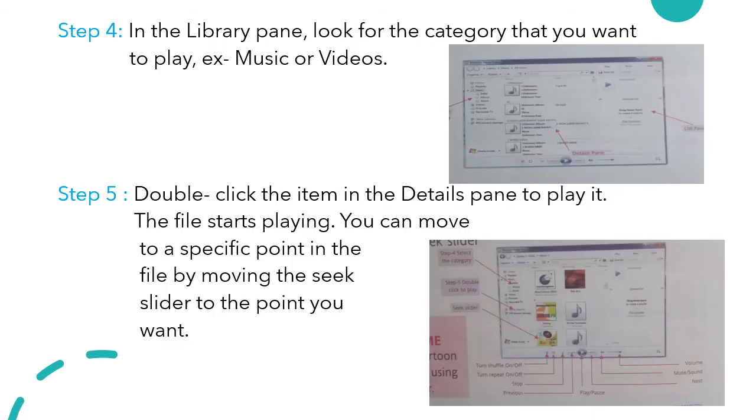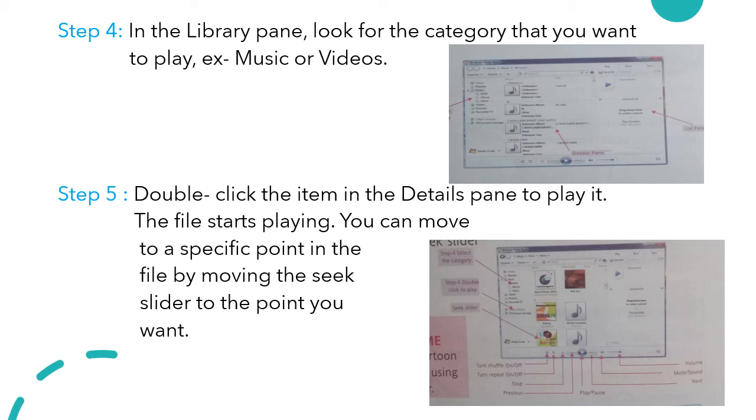Now the fourth step is, in the library pane, look for the category that you want to play, for example, music or videos. Step 5 is double click the item in the detail pane to play it.